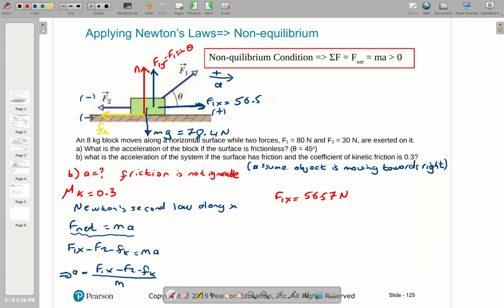Good. And F2 is known. F2 is 30 Newton. We don't know Fk. We'll find that it's always mu k times the normal force. But we don't know the normal force. The normal force we find by applying